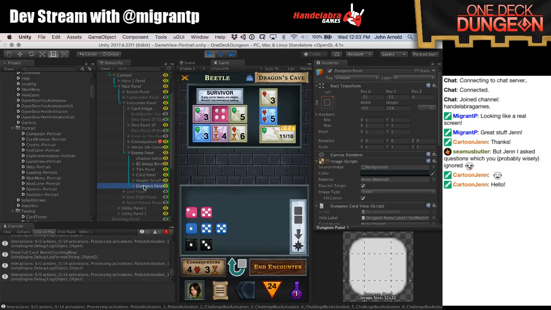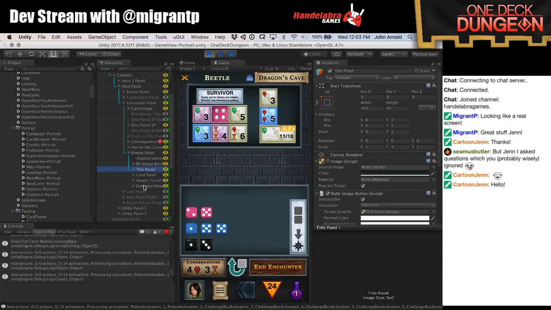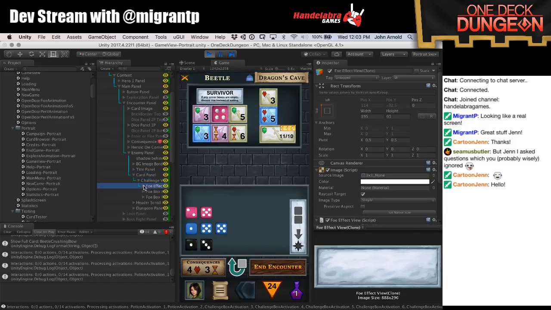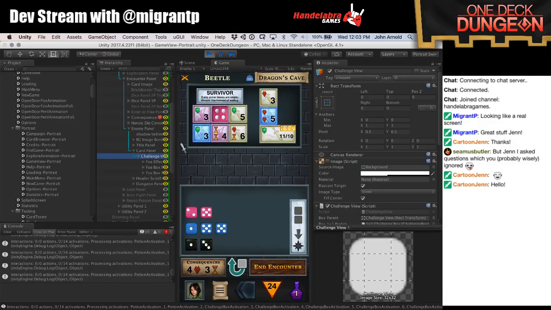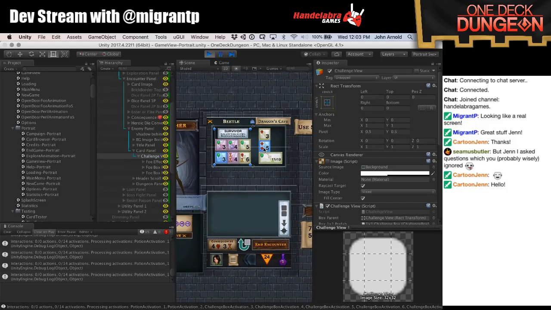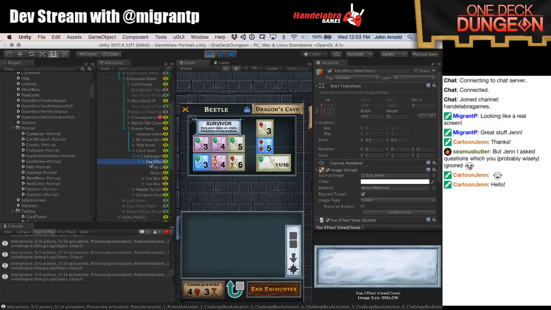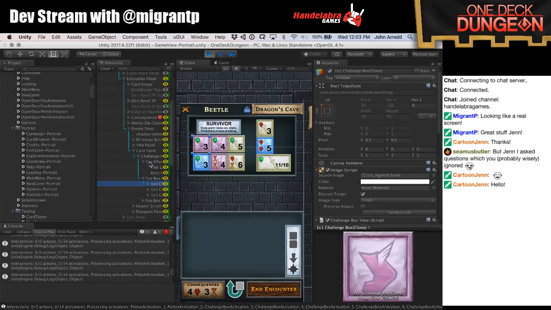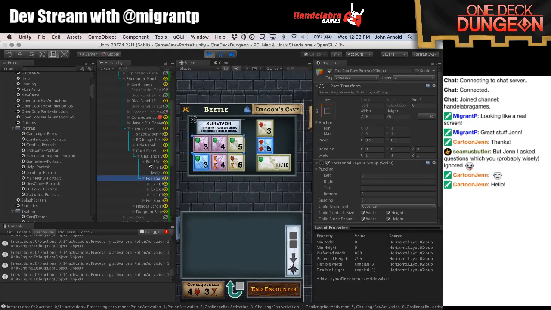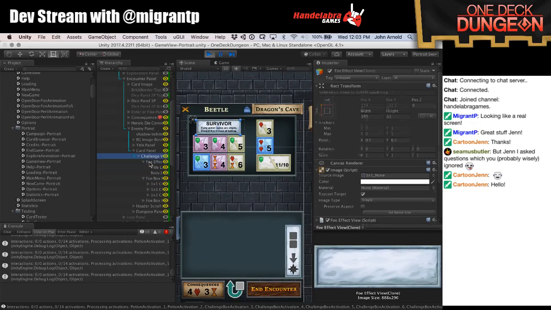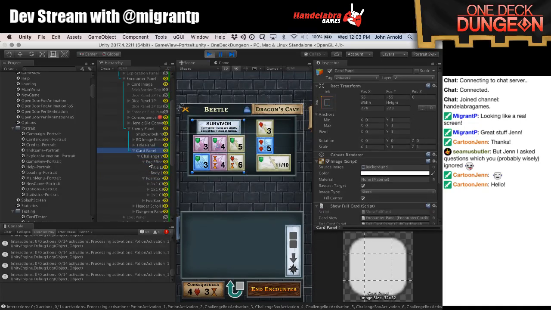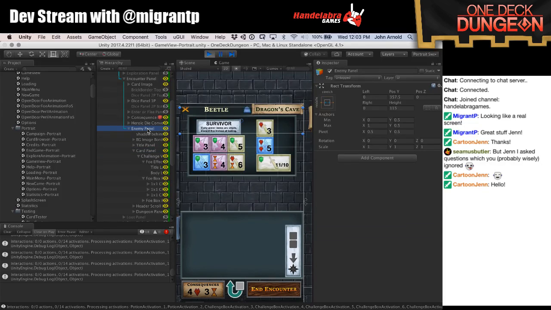Cool. So yeah, if we look at card panel, challenge view. So the challenge view here is, if I go back to the scene, this place here with all the challenge boxes in it, and then there's basically a row with the boxes in it, and so what we want to do is make these bigger, and not just by scaling. So one thing you could do is just be like, oh, I want to make it bigger. I'll just make it 2 times bigger,